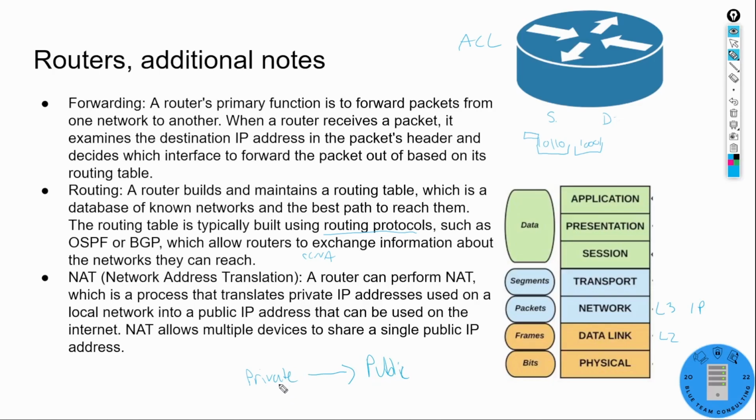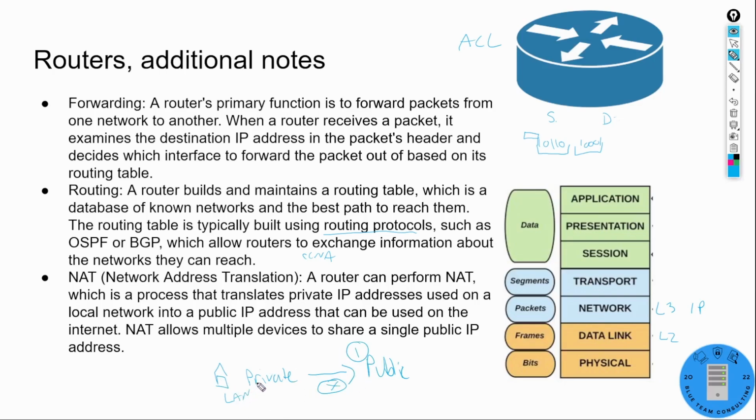Remember, with IP version 4, we ran out of IP addresses, so in order to allocate more IP addresses to everything that would need an IP address within our home or within our LAN, the router is going to take care of that by giving us one assigned public IP